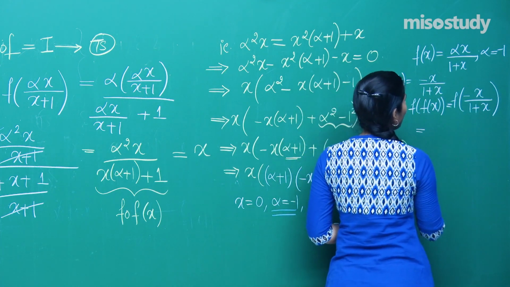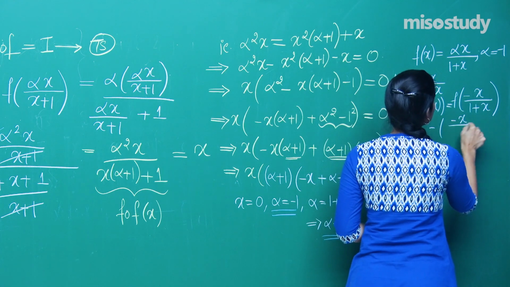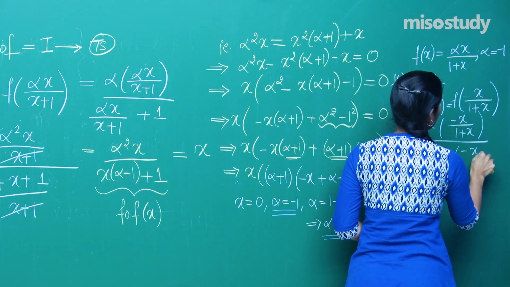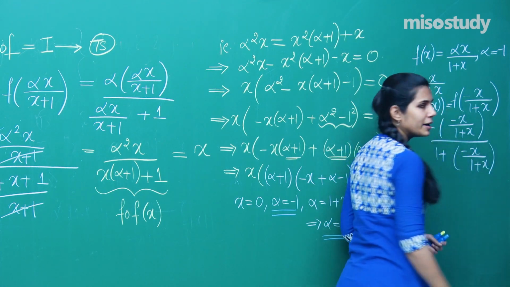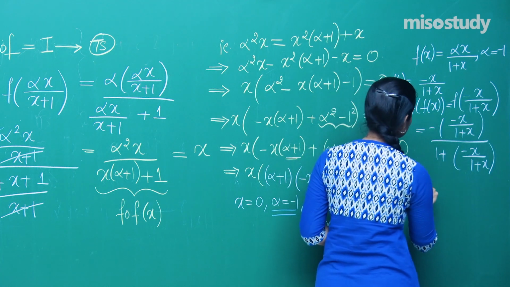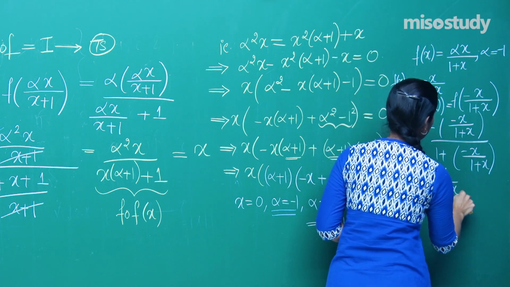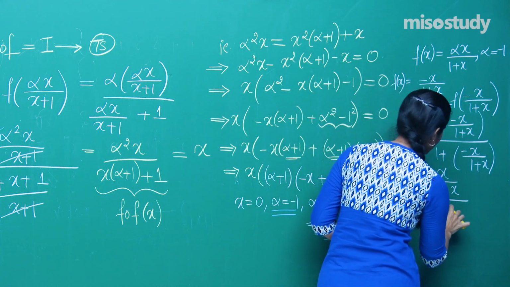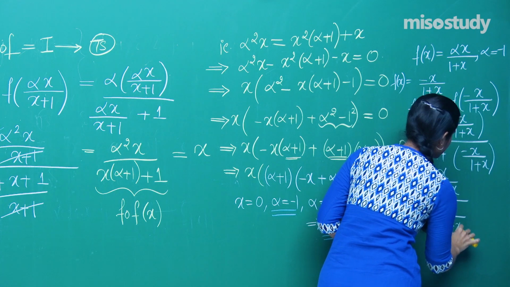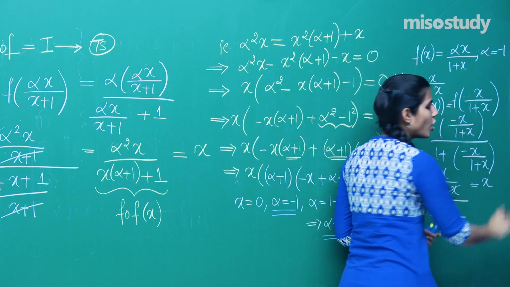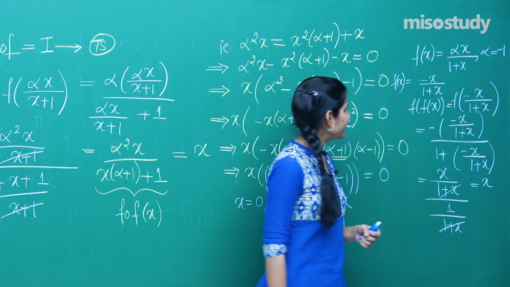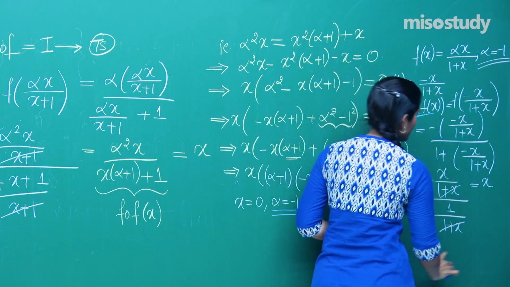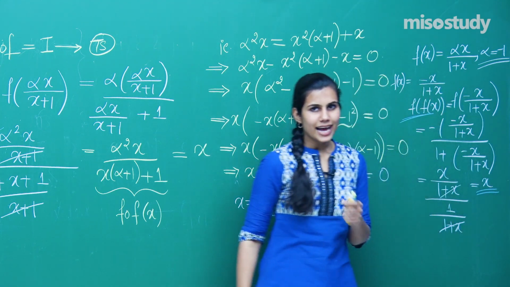That means I have in place of x, minus x upon 1 plus x, whole upon 1 plus minus x upon 1 plus x, which is x upon 1 plus x, whole upon 1 plus x minus x, which means 1 upon 1 plus x, giving you x upon 1, which is x. That means for alpha equal to 1, you are getting that FOF of x is equal to x, and so